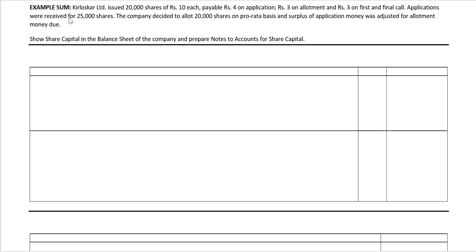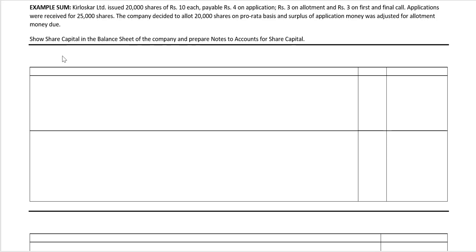Example sum. Kirloskar Limited issued 20,000 shares of rupees 10 each, payable rupees 4 on application, rupees 3 on allotment, and rupees 3 on first and final call. Applications were received for 25,000 shares. The company decided to allot 20,000 shares on pro rata basis, and surplus of application money was adjusted for allotment